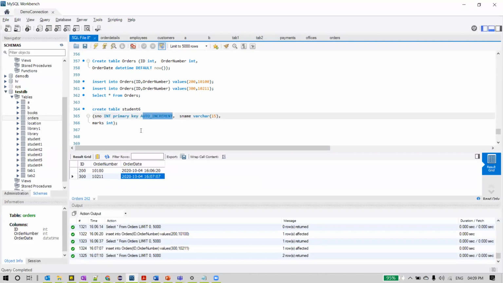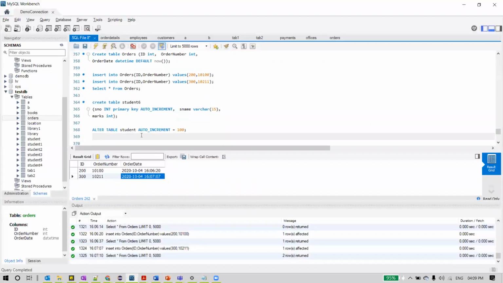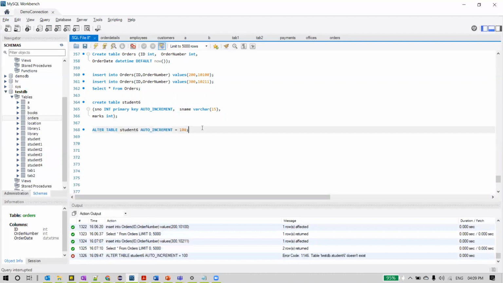We will specify some starting value using this statement, alter table name auto increment equal to 100. So when we say this, let me execute this. On this student table, the student number column value should start from 100 and it should be incremented by 1 each time.